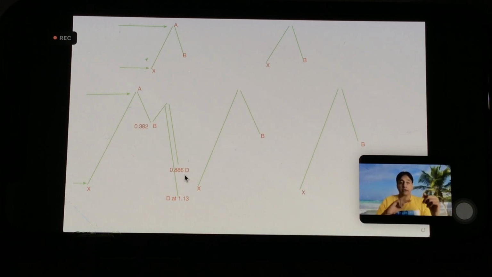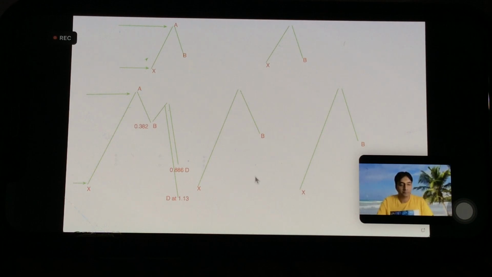So we have to check which of the BC projection and AB equal to CD is matching with whether 0.886 or 1.13. Whichever it's more matching, you have to consider it as that pattern. If my 1510 comes, and 1508 and 1512 are coming from the other two methods, then I will consider it as a bat. But if this is 1500 and that is 1482 and 1510, these three levels I am getting as per ABCD or BC projection, then this won't be the pattern. So of the two, whichever it is more matching with, we will consider that.